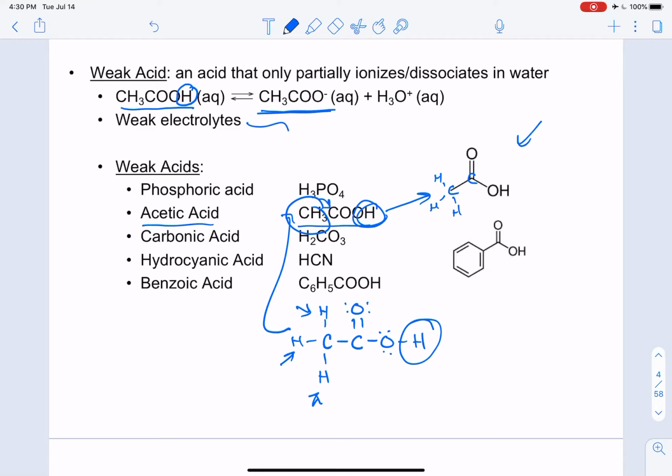And if we redraw that, what that looks like is this. So it's this guy right here without the hydrogen, and it becomes negatively charged